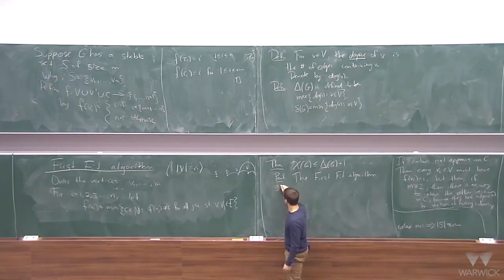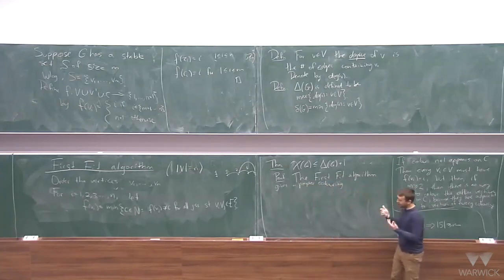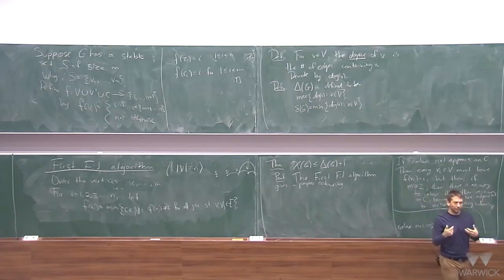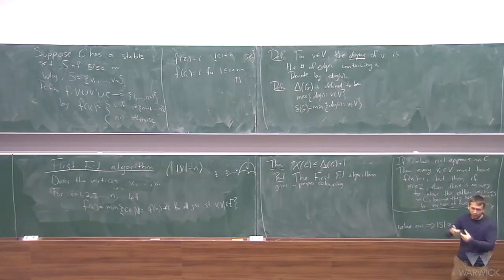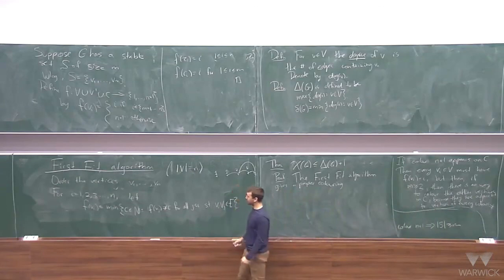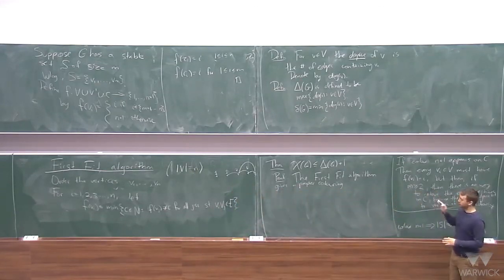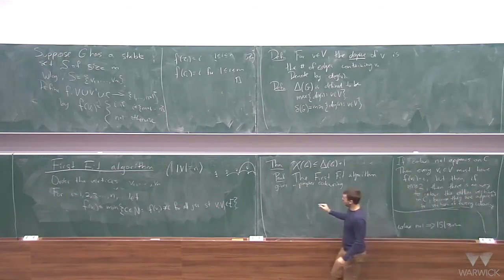Because if it didn't give you a proper coloring, you should look at the first vertex for which the proper coloring condition was violated. Why was it violated? Well, it got a color that appeared on a neighbor of it that came previously. But the first fit algorithm is designed literally to avoid that. So it should be clear that it always gives a proper coloring, and I claim